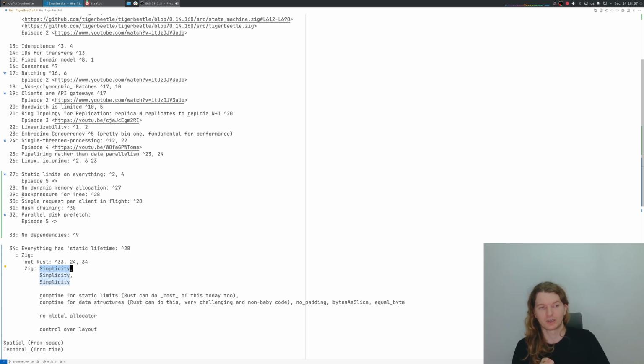The cases where Zig makes more sense than Rust, to me, are not very frequent. But well, they happen, and Zig and Target is one of them. And to reiterate, it doesn't mean that Target couldn't be written in Rust. It could be written in Rust, but the benefits that Rust brings to the table are just not that important in a code base that is single-threaded, that does static memory allocation, that is very formally tested, because